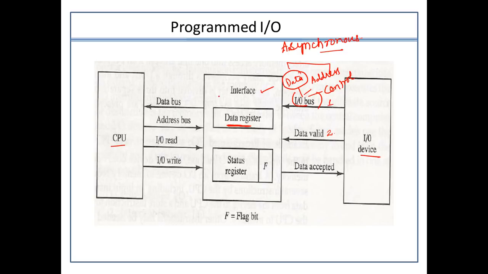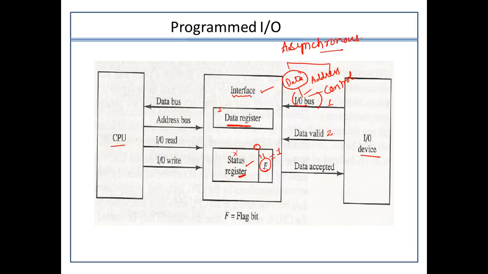Now in this interface, we have one, which is the data register. The second is the status register, which will depict the status of the device, whether it is active, or whether the device is ready to send the data. Along with this status register, we are using a flag bit. The flag bit simply specifies whether there is something present in the status register or not. If the flag bit is 0, it means nothing is available in the status register. If the flag bit is equal to 1, then some data is present.